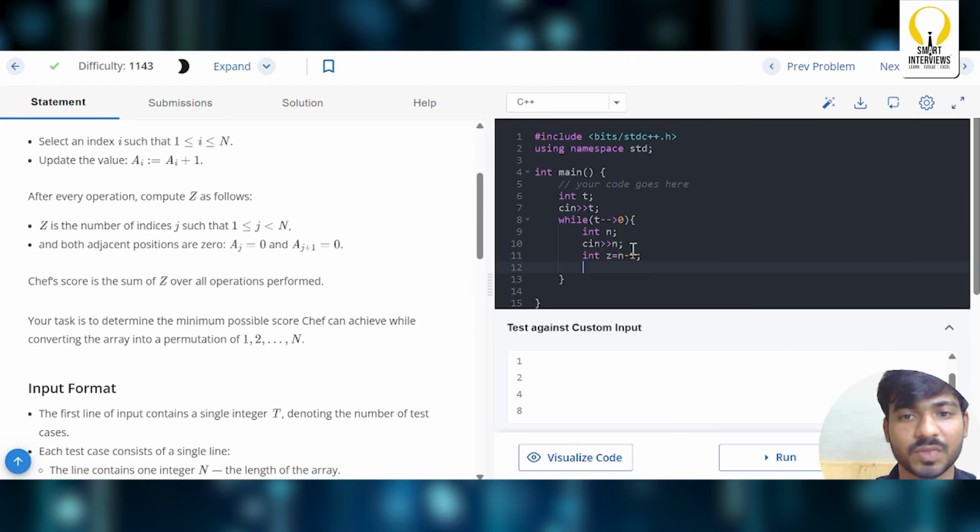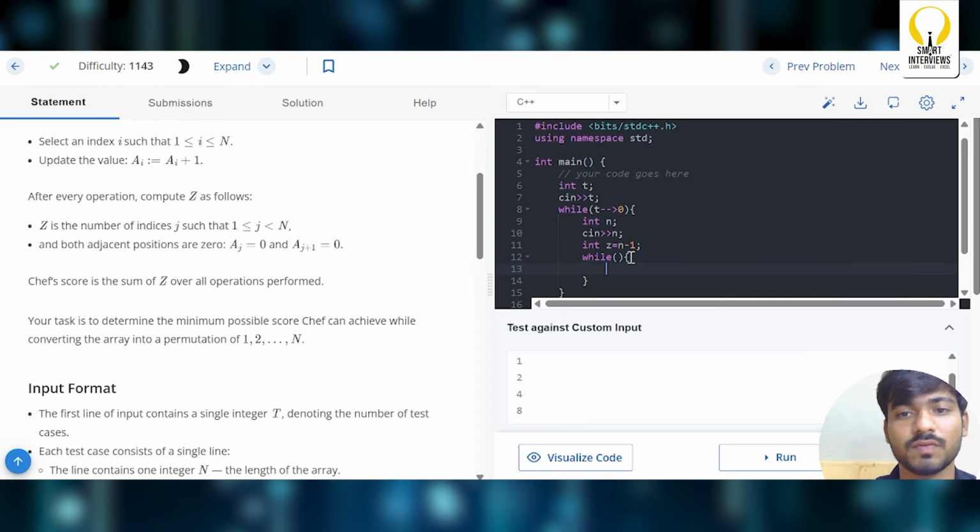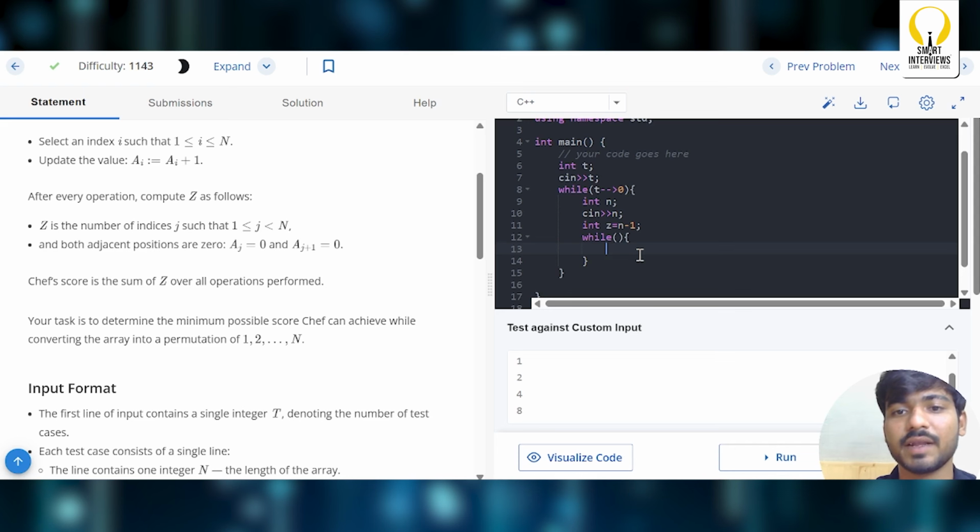Now, for a certain number of operations, we are decrementing the number of pairs. For each operation, how many pairs are we eliminating? Can I say that we are eliminating 2 pairs at a time for each operation, in an optimal way, by picking an index randomly, which is the middle? Yes. So I'll simply reduce my number of 0, 0 pairs, and then I need to keep track of my result also. So I'll take another variable, result,